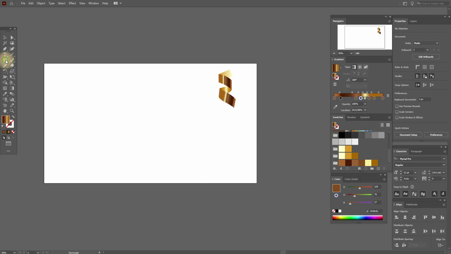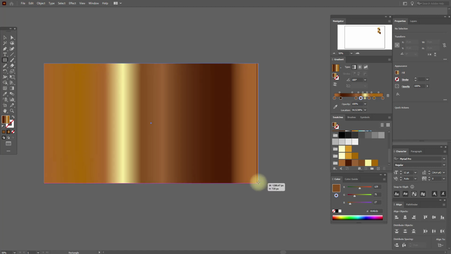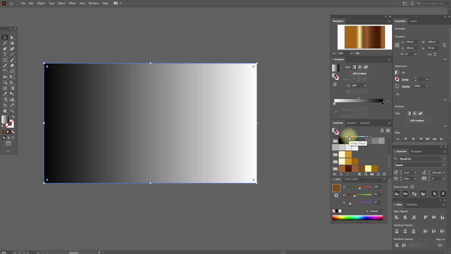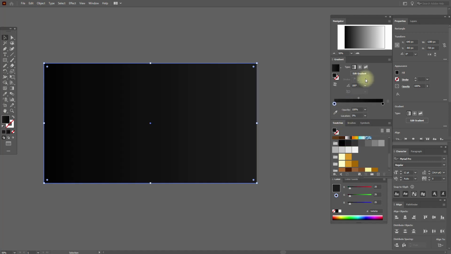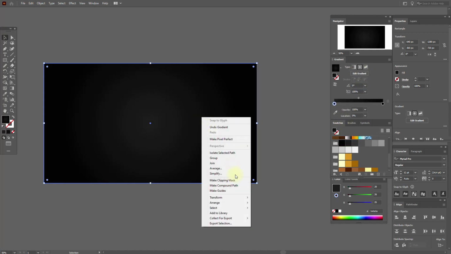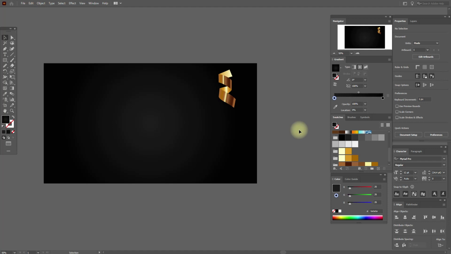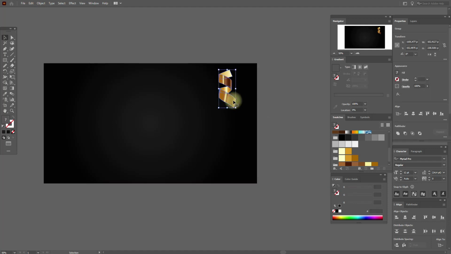Now select the rectangle tool and let's draw a background. Okay, make it a black and white gradient. Here black, and here we need dark gray. These are standard colors in your Adobe Illustrator. Send the background to back. And now let's write, for example,